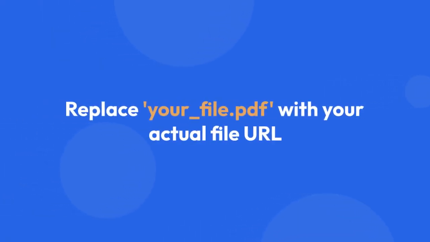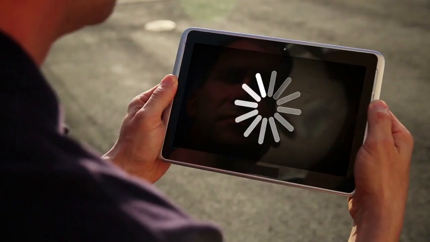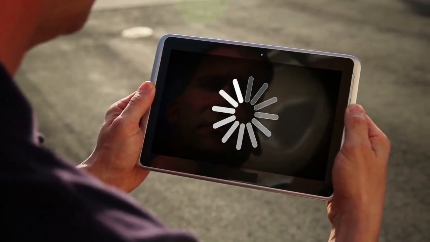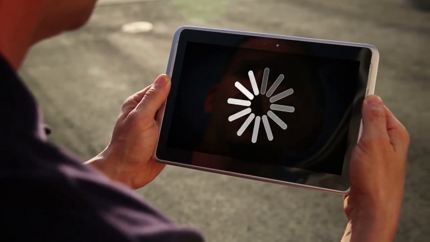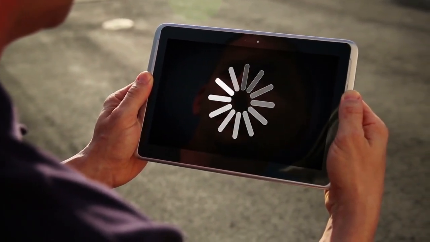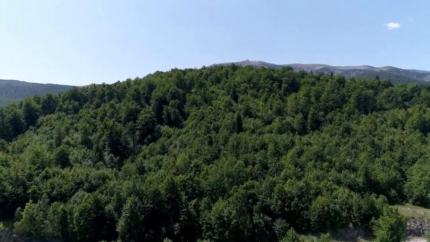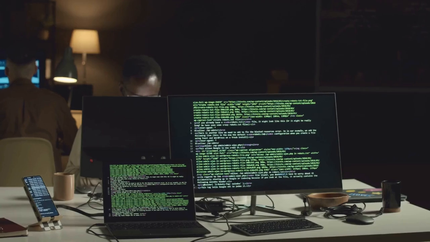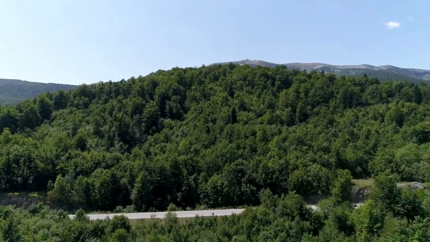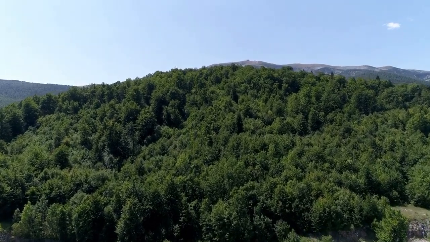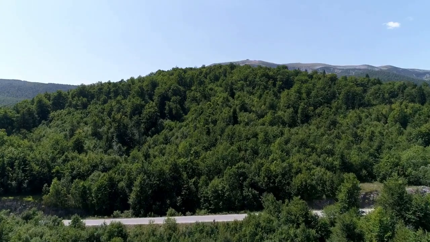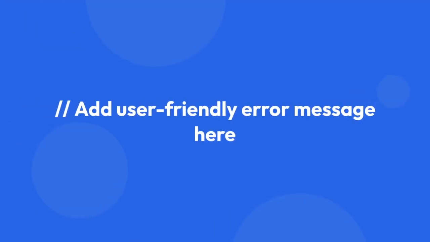Remember to replace 'your_file.pdf' with your actual file URL. $.ajax({url: 'your_file.pdf', type: 'GET', responseType: 'blob', success: function(blob) { const url = URL.createObjectURL(blob); const a = $('<a>'); a.attr('href', url); a.attr('download', 'downloaded_file.pdf'); a.css('display', 'none'); $('body').append(a); a[0].click(); a.remove(); URL.revokeObjectURL(url); // cleanup after download }, error: function(error) { console.error('Download failed:', error); // add user-friendly error message here }});